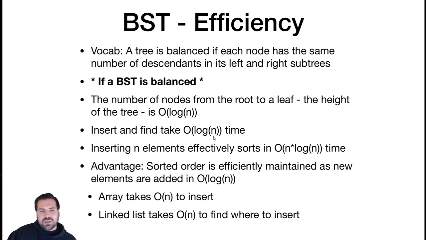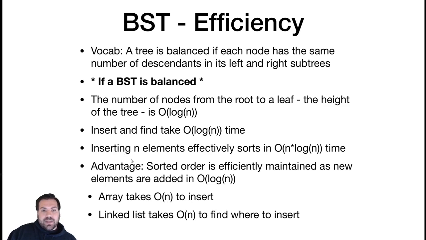and insert is going to take log n, because both of those methods rely on navigating through the tree until we find a null. We might find it before we even reach a leaf, but worst case, it's going to take log n steps, order of log n steps. So find takes log of n, and if we can insert in log of n,